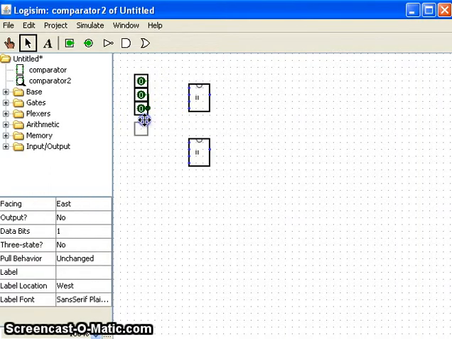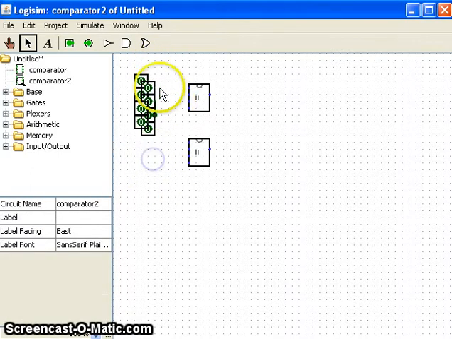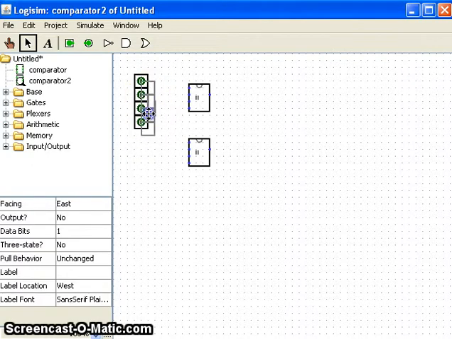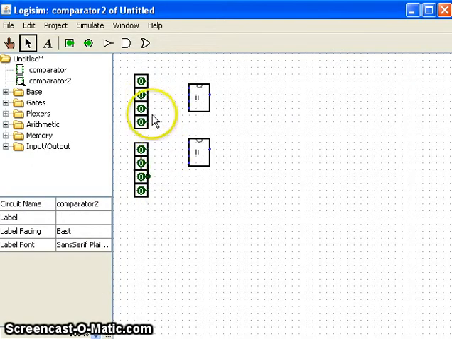So those are the first 4 from my first circuit. I'm just going to copy all of those at once, grab them all and drag them down. Okay, so now these circuits are going to correspond to A3, A2, A1, and A0, and B3, B2, B1,